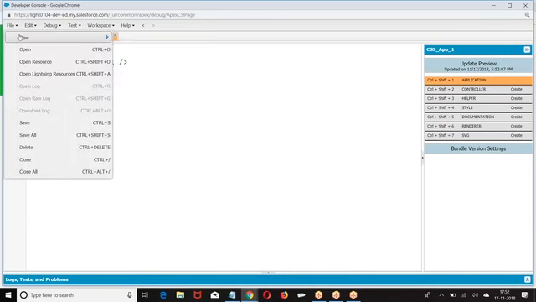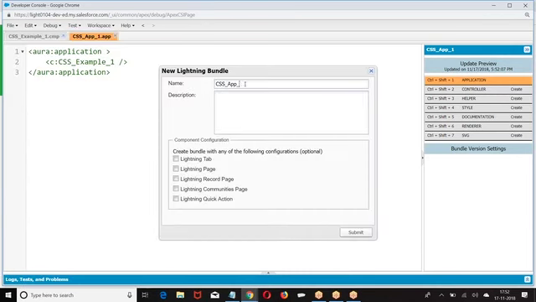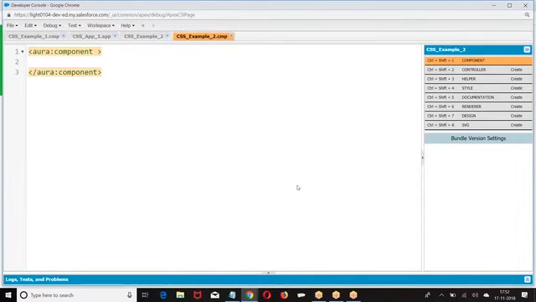Let us take another example. A meaningful element I will create. Div.